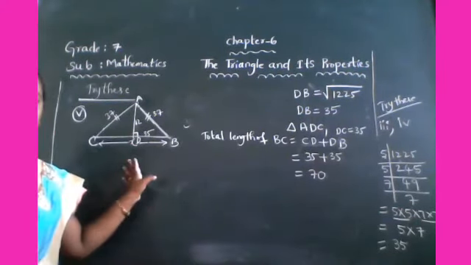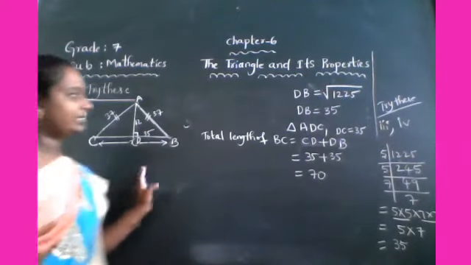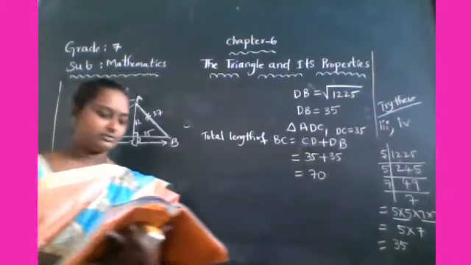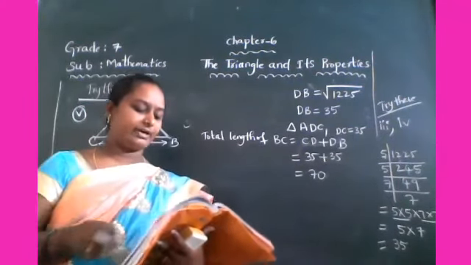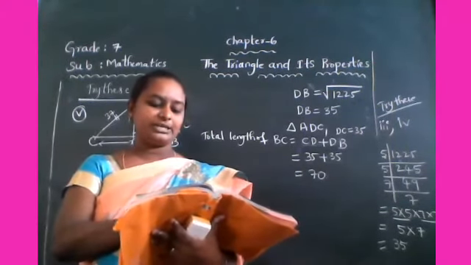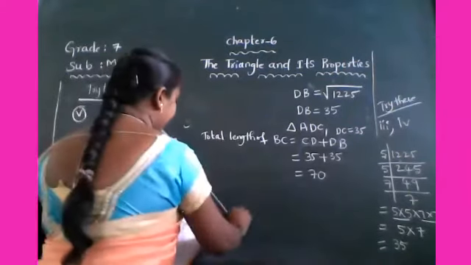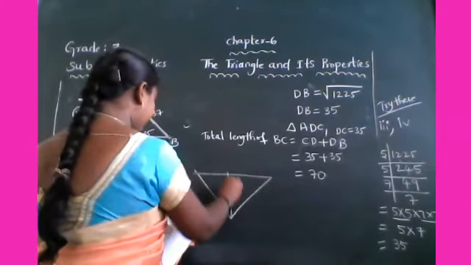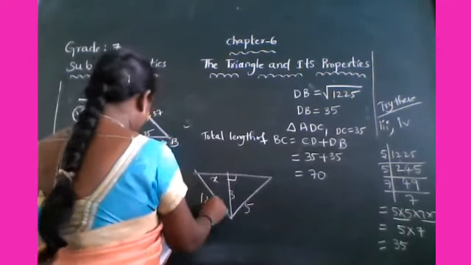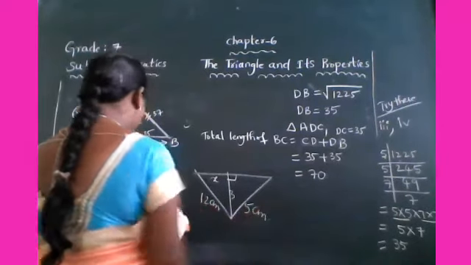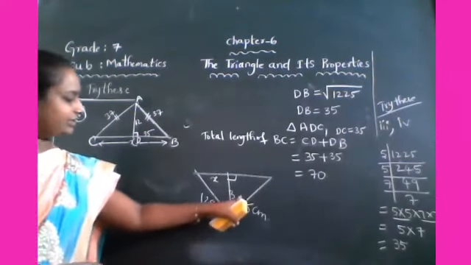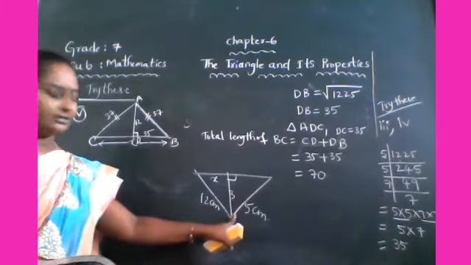Right children, is it clear? Okay, very good. So last one, take your textbook, 6th one. So it is also the same. He has given two sides, so here two triangles are there. So you have to find the total length. Here the figure is given like this. Here it is perpendicular 3, 5, x. Here 12 centimeters given, here 5 centimeters given. Same procedure, same figure, but values change. First find this triangle's length and next this one.